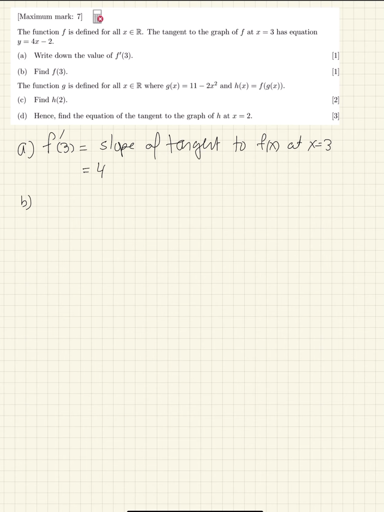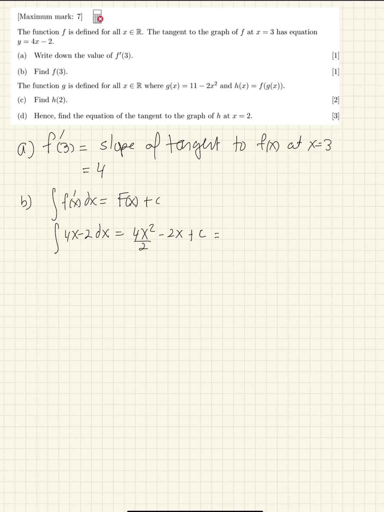B, to find f of 3. Well, if we antiderive f prime, we should find f. So if we antiderive f prime of x, we're going to have f of x plus c. So in this case, I'm going to antiderive 4x minus 2 dx. This is going to equal 4x squared over 2 minus 2x plus c. And this is my f of x, and f of 3,